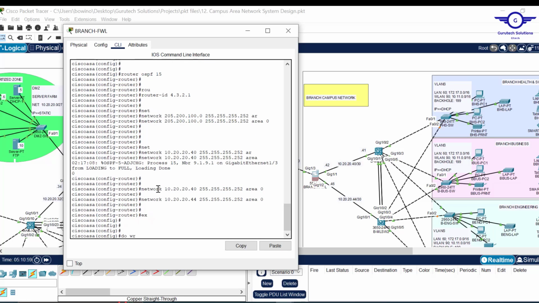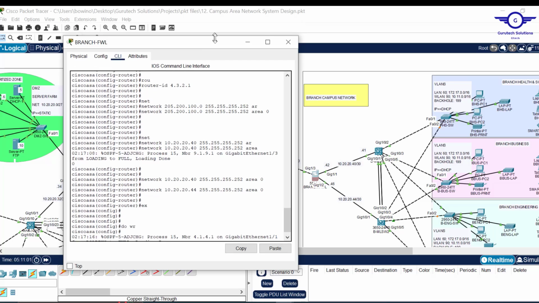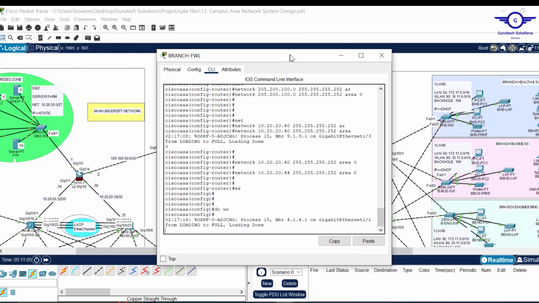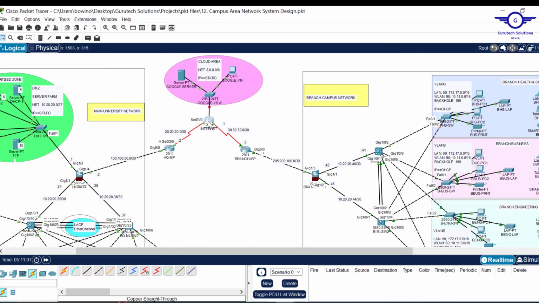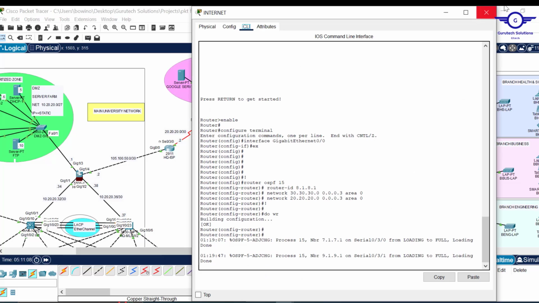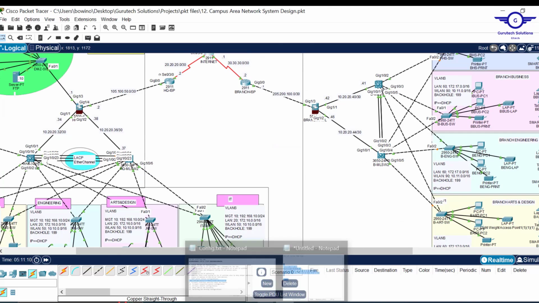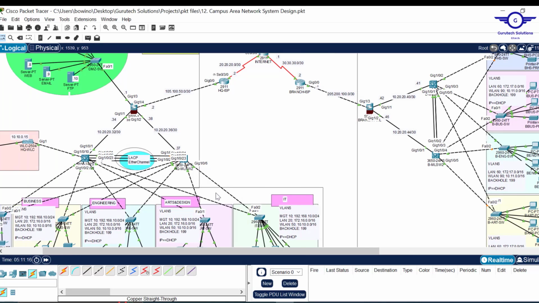Alright, so I've done OSPF configuration throughout the network, in all the firewalls, routers, and the multi-layer switches. So what I'm going to do now is very simple. Let's check what's next on our config guide. We're now entering the firewall, the most challenging part in this